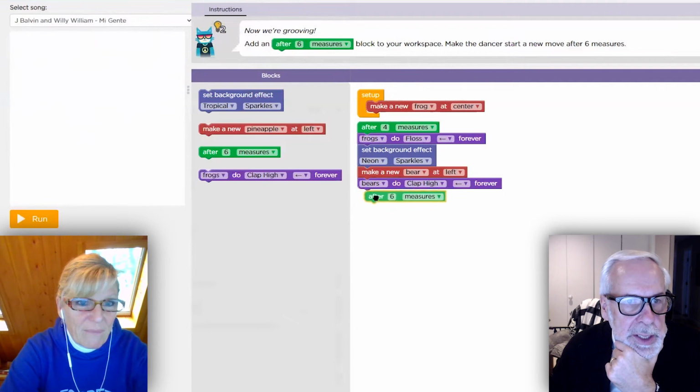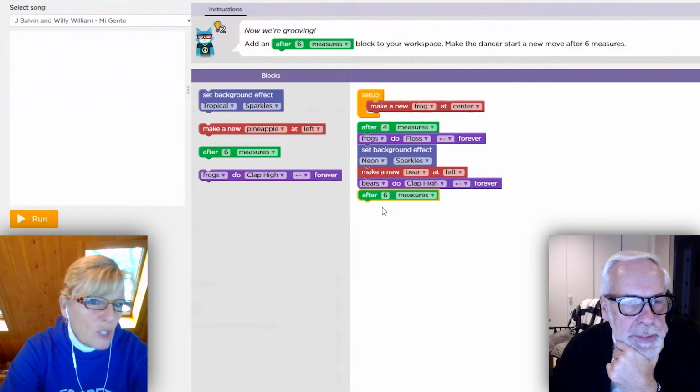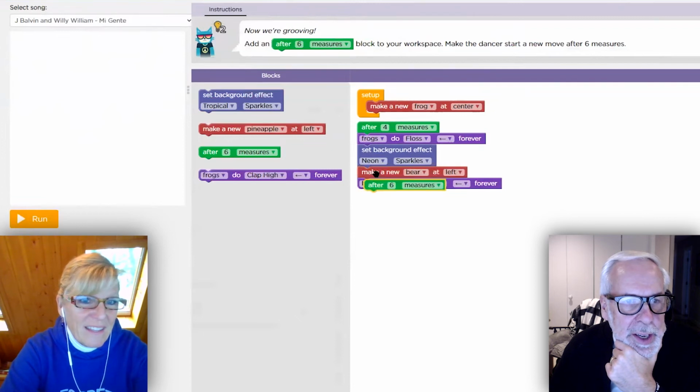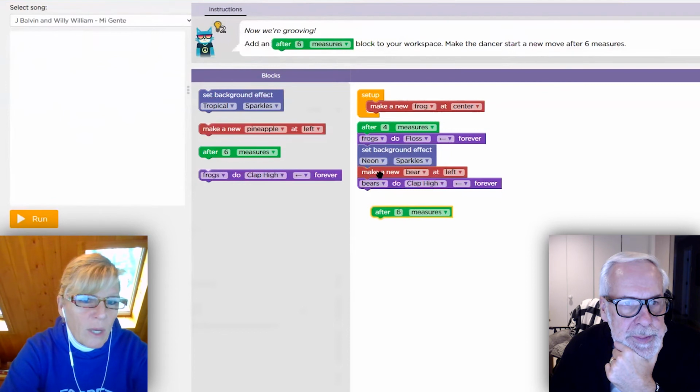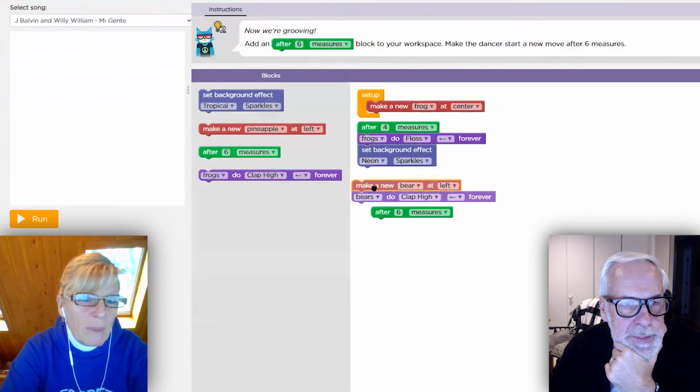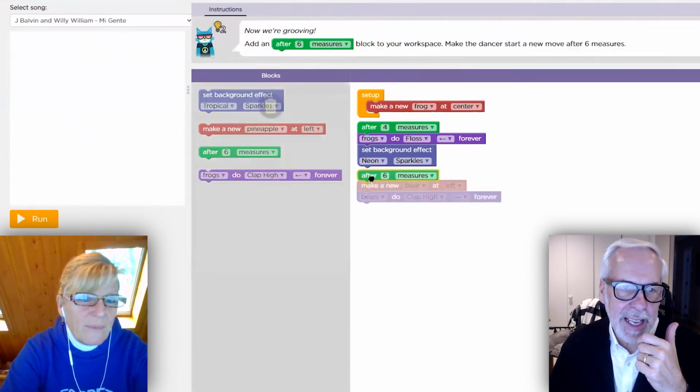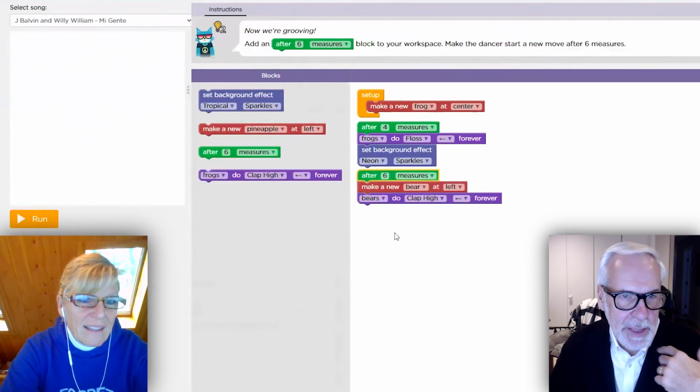Why is that not? Well, so think about that. Do you want the bear to go up here? I wanted it after this. Yep. So I have to drag it down. So how about you make a new bear? Move your setup at the bottom for now. Now put the new bear up in the orange part where the I get it. Yeah. Is that right?